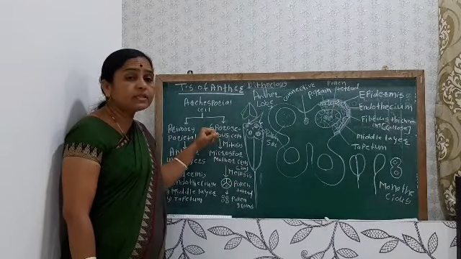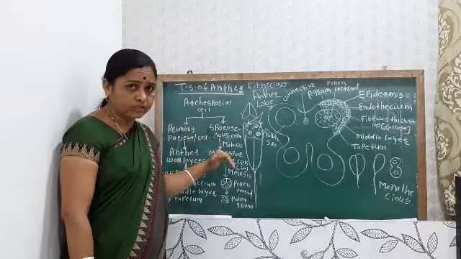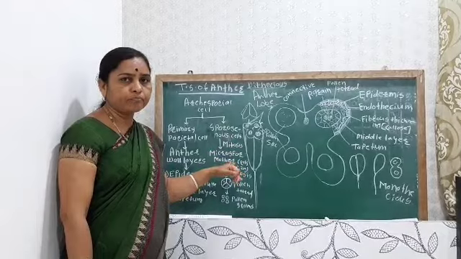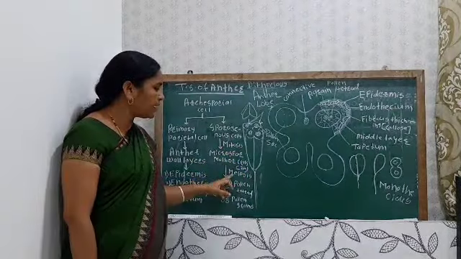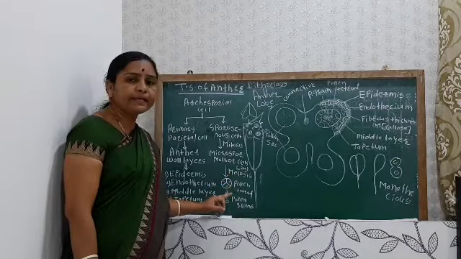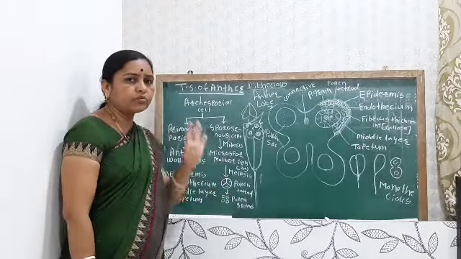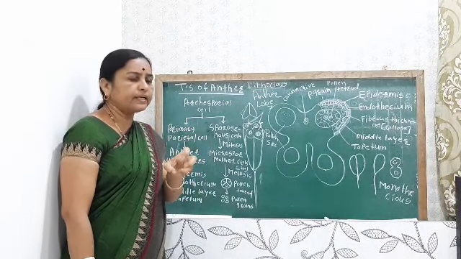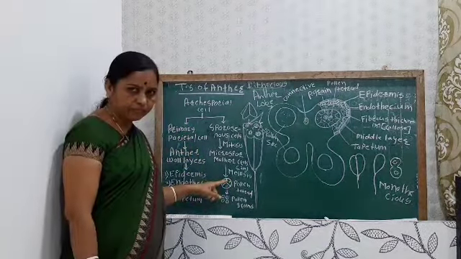Why? Because the sporogenous cells divide by mitosis and produce the diploid microspore mother cell. Then this microspore mother cell divides by meiosis and produces the pollen tetrad. That is, there are 4 pollen grains which are joined together with each other. This condition is known as the pollen tetrad.